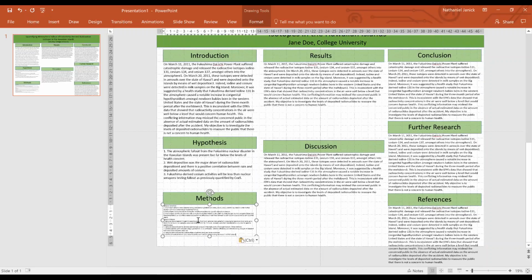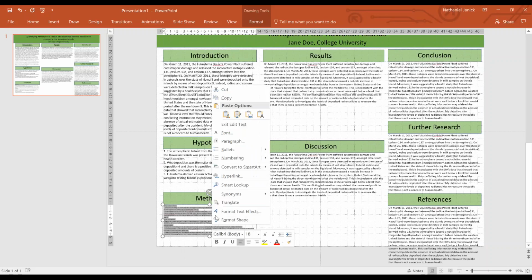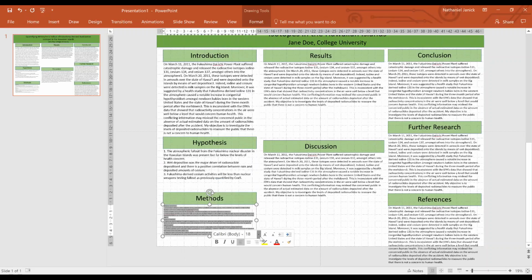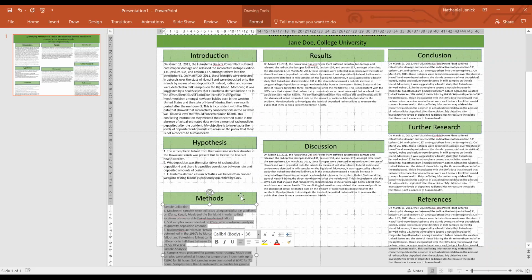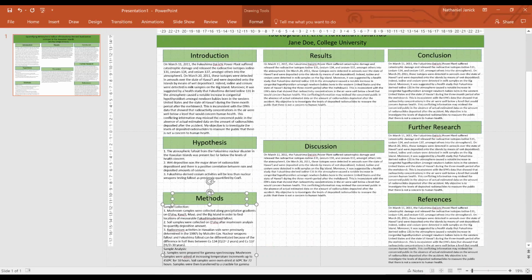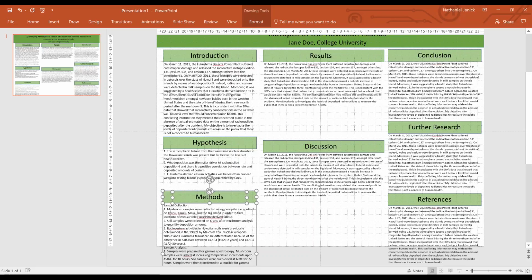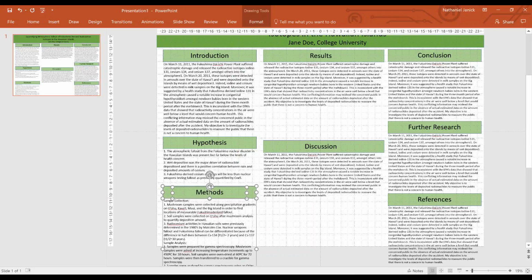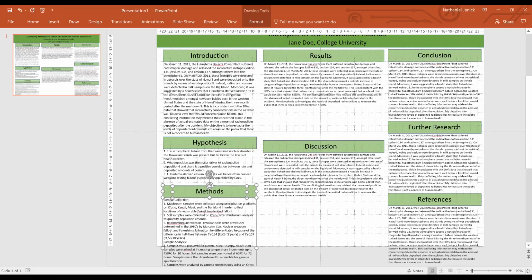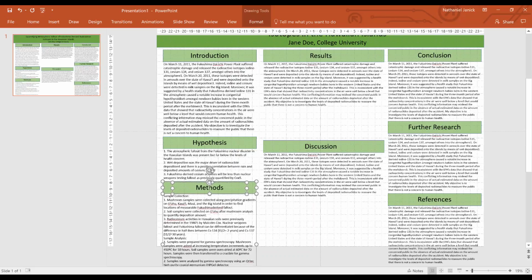There's the sample collection section, and then also the sample analysis. So both of those sections are organized a little bit more than just paragraph form. We're going to move this up, and it's probably going to be just a little too much, which means we're going to need to